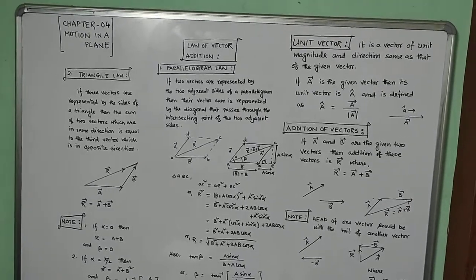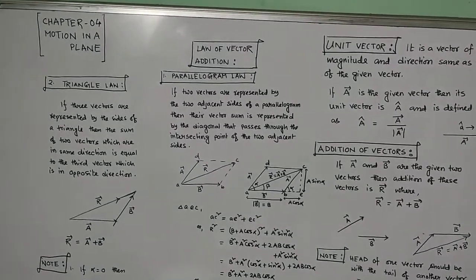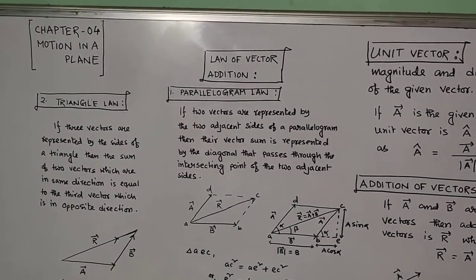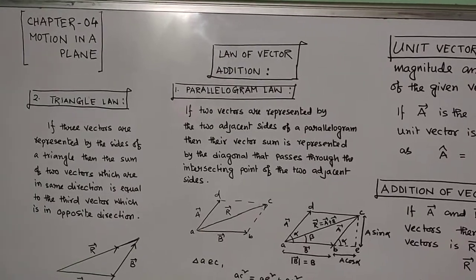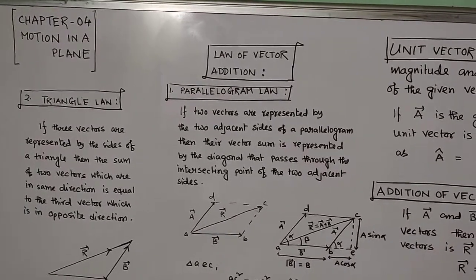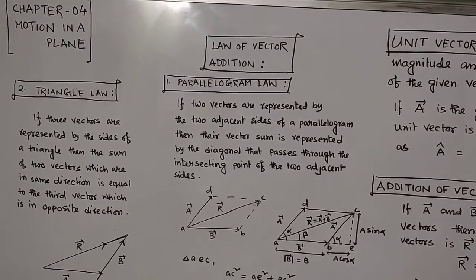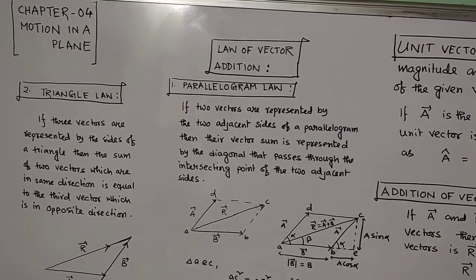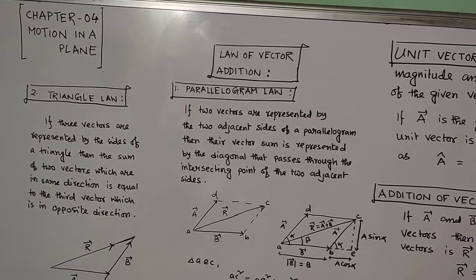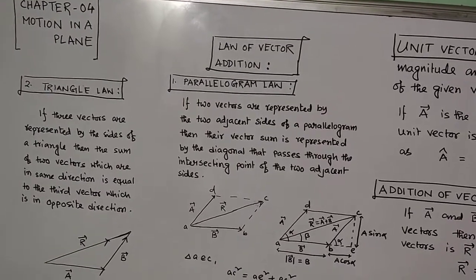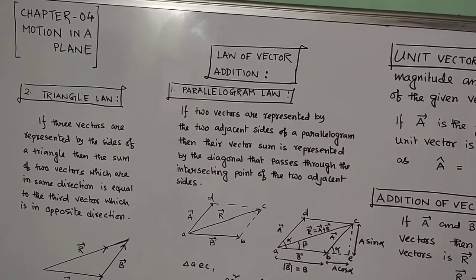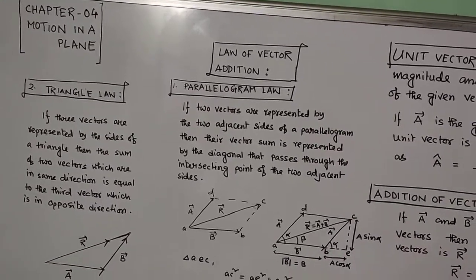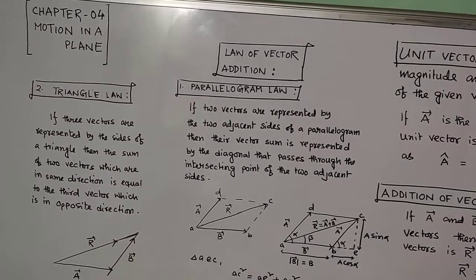Good morning students. Today we are going to discuss a few more topics from chapter 4, and chapter 4 is motion in a plane. Already we have discussed that the chapter is defined as motion of an object in a plane. That's why we have to use vectors, because in a plane there are infinite directions. So if you have to specify any particular direction, then you have to use a vector, because a vector includes both magnitude